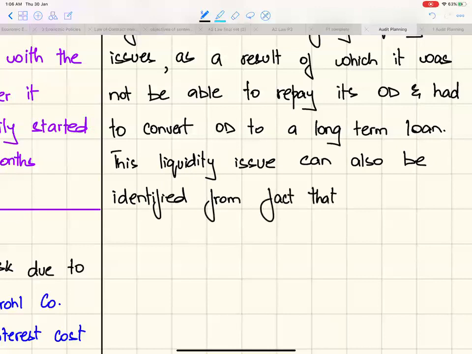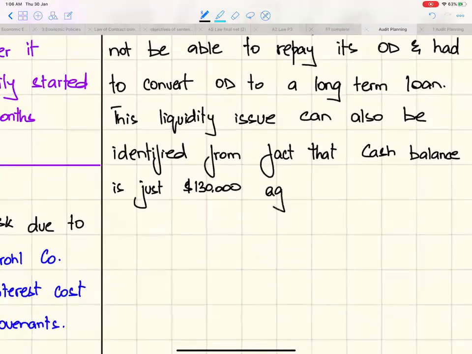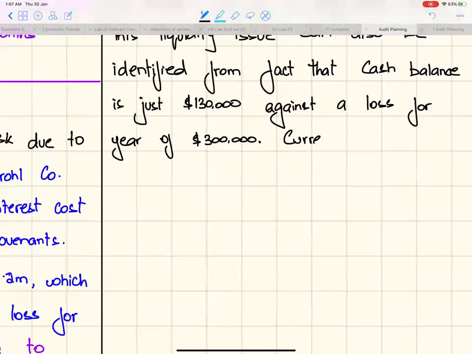That cash balance is just $130,000 against a loss for the year of $300,000. This means that your cash balance is also low. Current ratio and quick ratio